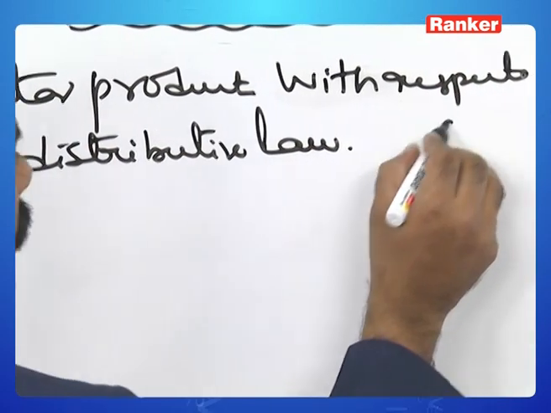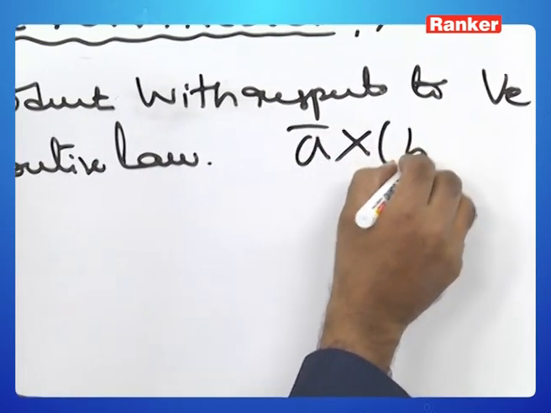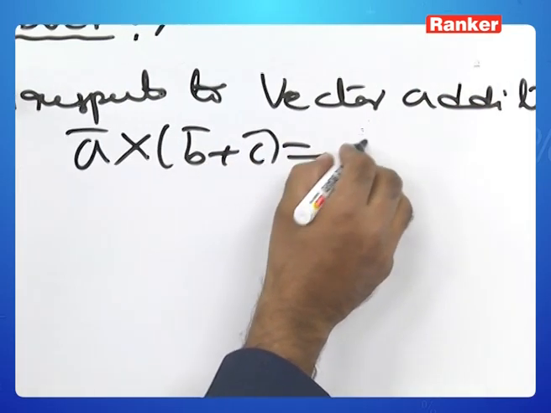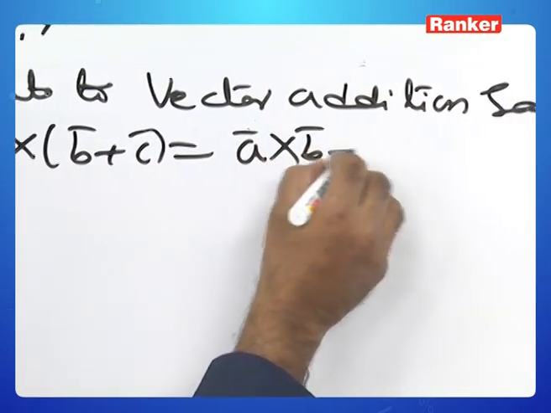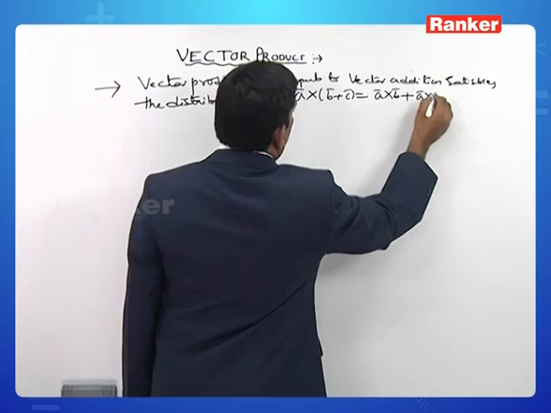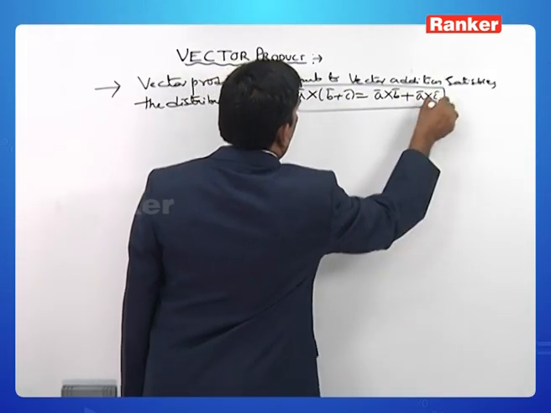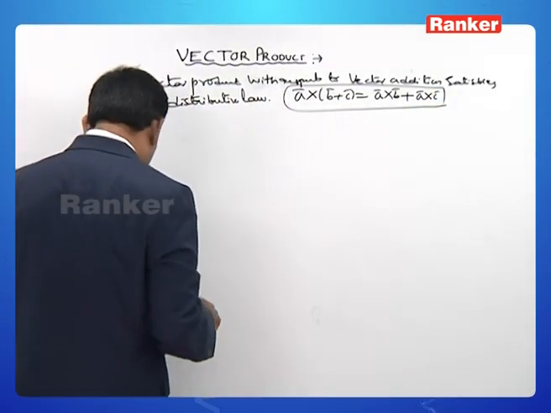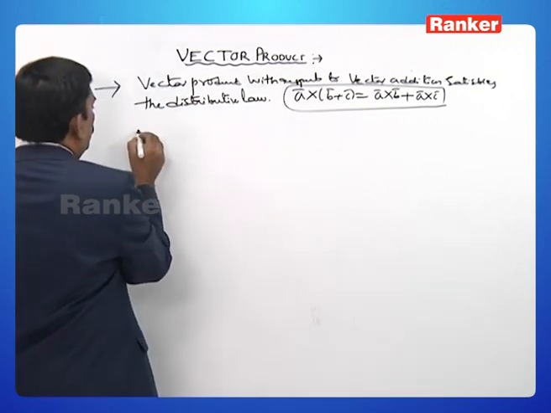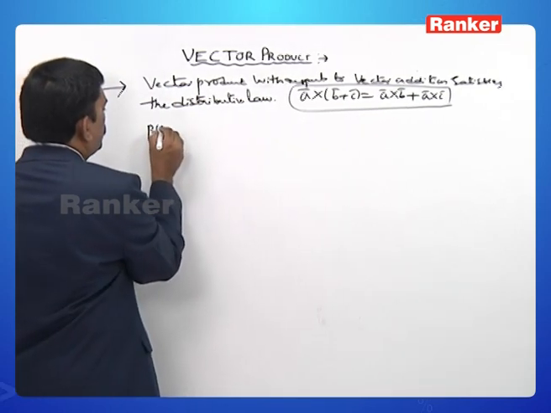That is, a bar cross of b bar plus c bar is equal to a bar cross b bar plus a bar cross c bar. Let us see. For this, the proof is,